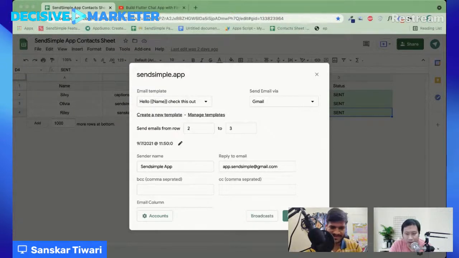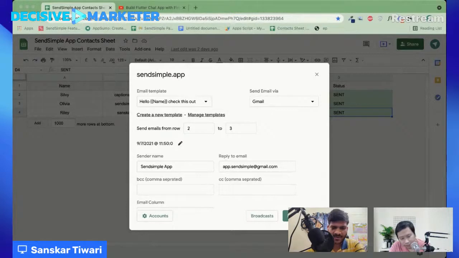I was wondering, would we be able to integrate that with SendSimple as well? I have not tried that. Can you spell it out? Dyna, D-Y-N-A Pictures. I haven't tried it. I have to first try it out, and then I'll share a video.